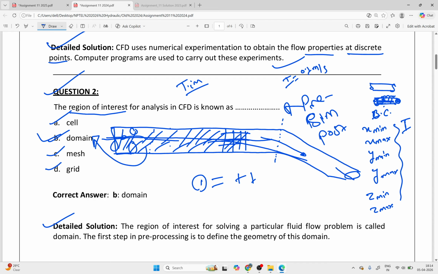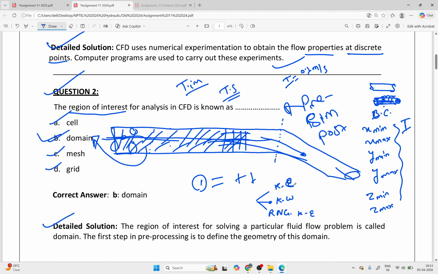Be very careful before applying the initial condition or boundary condition. You have to be very confident about your flow domain or flow problem. This matters a lot. Also the mesh size matters a lot, and the selection of turbulence modeling also matters a lot. What is turbulence modeling? There are many turbulence models: K epsilon, K omega, renormalized group (RNG) K epsilon.